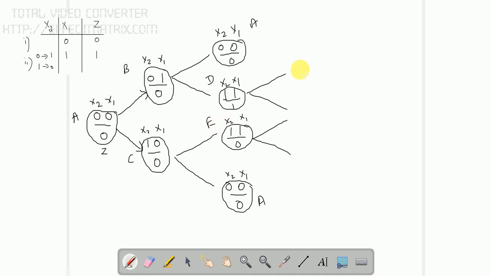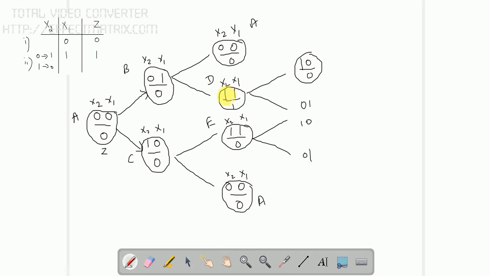Now next, again we are going to change the second input, that is x1 0 1, and the second input is fixed and this is 0. Similarly the same thing here, 1 0 0 1. So x2 is 1 here, x2 is 1 also here, but there is no change in x1 here. So x1 is 1 here, but x1 is 0 here. So the output will be 0 automatically.